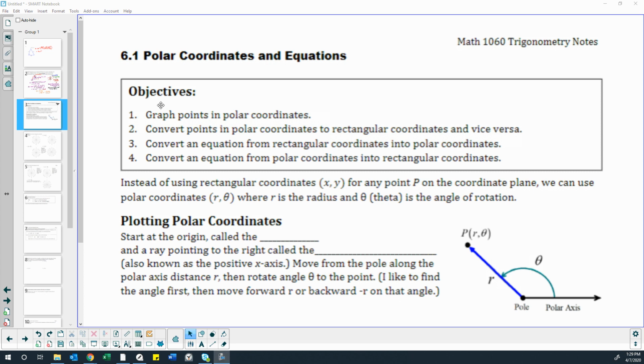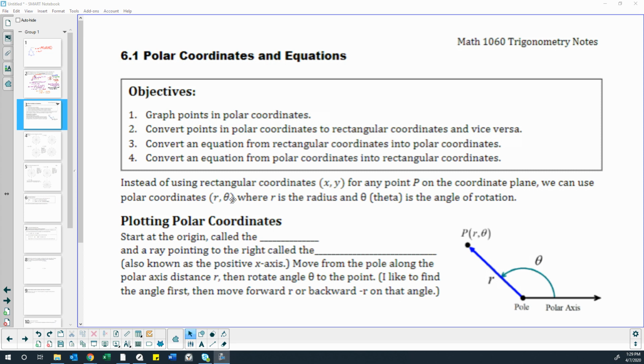So 6.1, polar coordinates and equations. This is where we're going to start learning how to graph a different way. Instead of using rectangular coordinates, x, y, where we would go right for a positive and left for a negative and up for a positive y and down for a negative y,